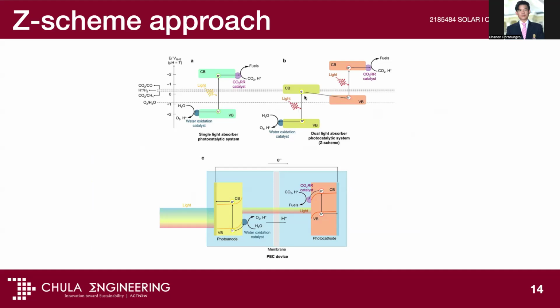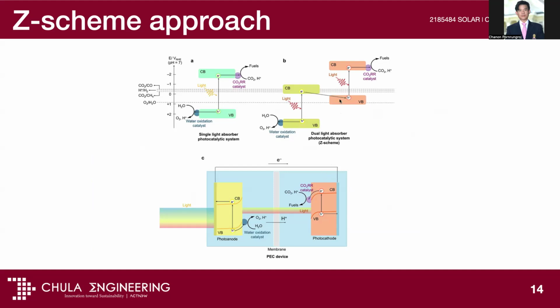A narrower band gap means you can absorb more light, and then the potential is way above. For example, this is hydrogen evolution. This is CO2 reduction to carbon monoxide. You can see the potential. The further we go from this potential, the easier the reaction can happen because we have overpotential, right? So in this kind of design, now you can see that we can use two materials working together to achieve the same thing, but we can utilize more portion of the solar light from the smaller band